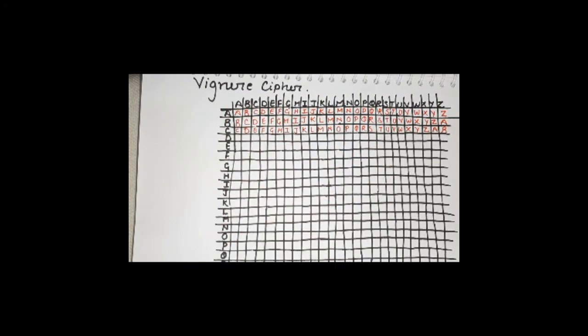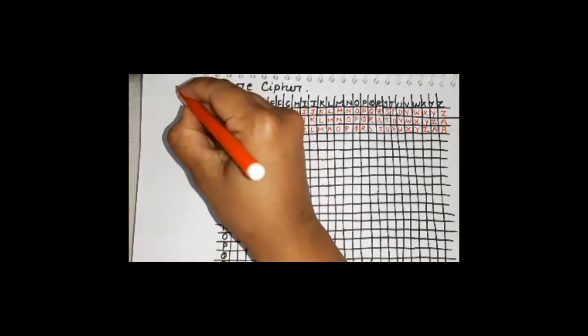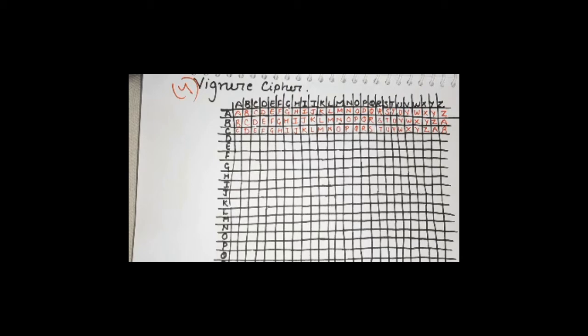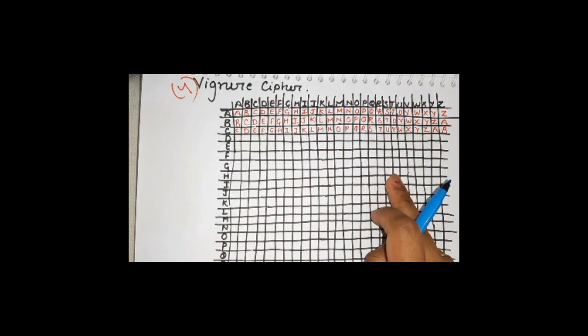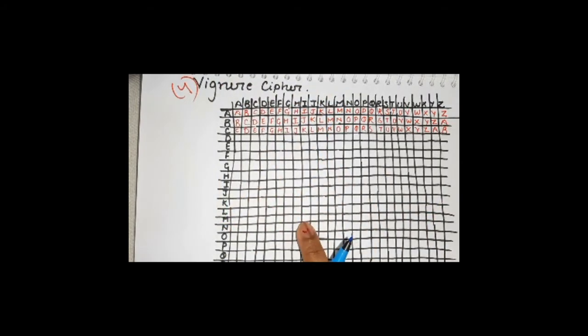Vigenere cipher. Starting from the Vigenere cipher, this is another technique, number 4, for substitution cipher. Now, Vigenere cipher is a polyalphabetic substitution based on the Vigenere table. So here the Vigenere table plays a very important role. This entire structure that you can see here is a Vigenere table. Vigenere cipher uses this table along with the key to convert the plain text into ciphertext. Very important.